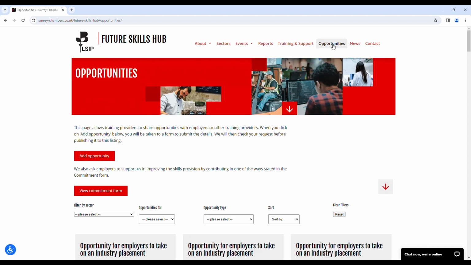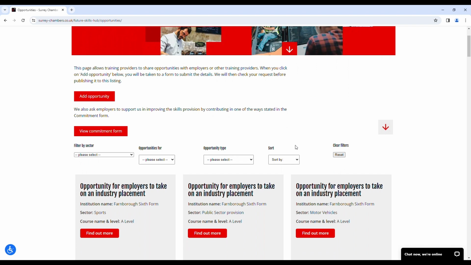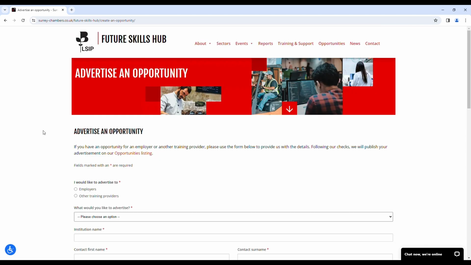From here, an employer can view all the opportunities submitted by providers, but more importantly, can filter by the sector they want, whether the opportunity is for employers or providers, and the type of opportunity it is, for example, placements or sharing expertise. To add your own, you need to click on the Add Opportunity button at the top of